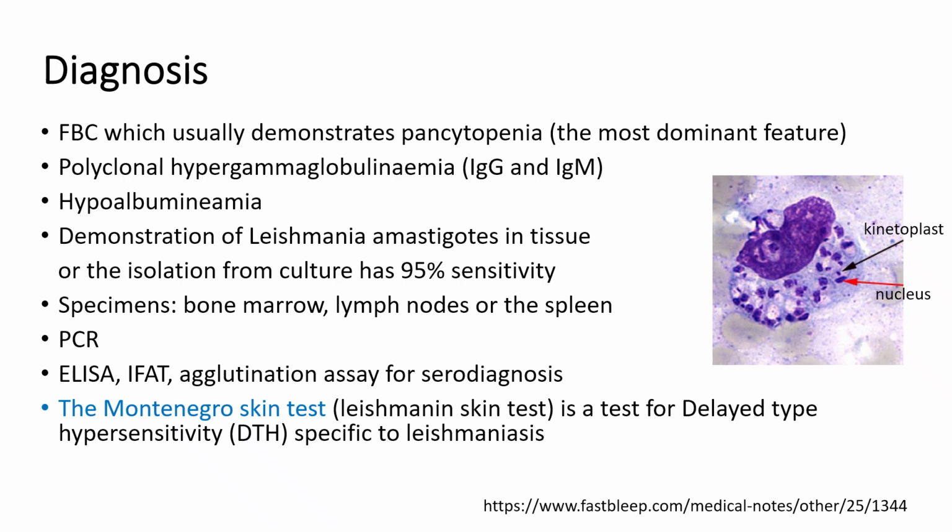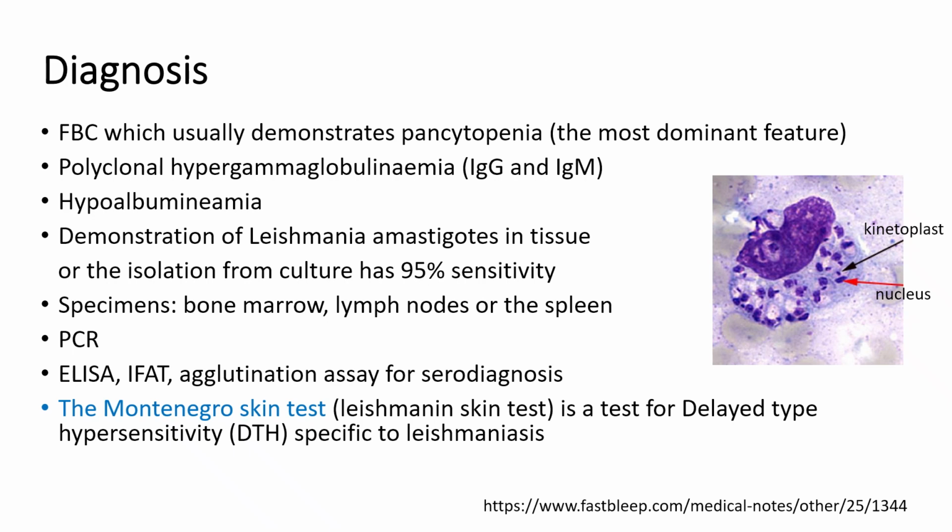This form of leishmaniasis can be cultured as well, and culture can increase the sensitivity to 95%. We can get the specimen from bone marrow, lymph nodes, or spleen cells. We can also diagnose by PCR. Of course, we can use ELISA, IFAT, and agglutination tests as serological tests as well. And there's another special test called the Montenegro skin test, or the Leishmanin skin test, which looks at the delayed type hypersensitivity